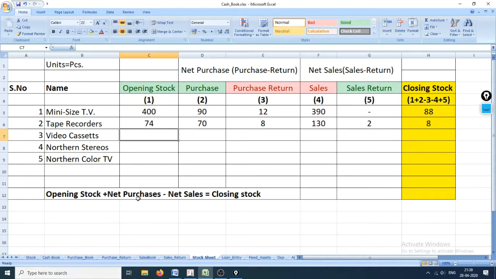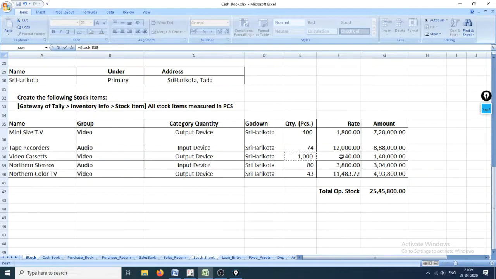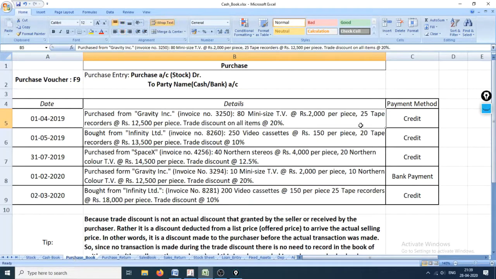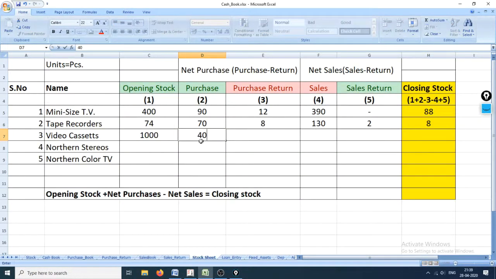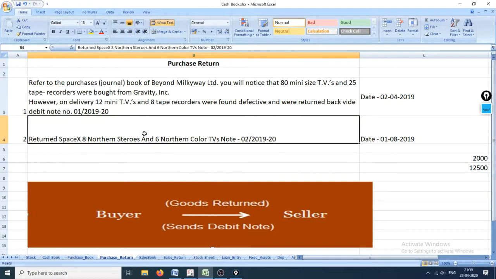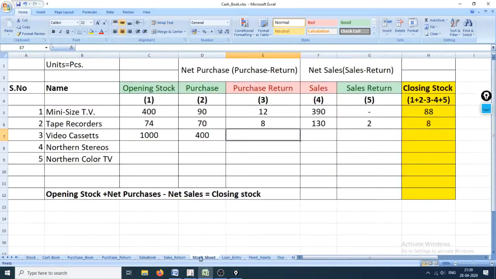Let's check out video cassettes now, and the opening amount is 1000. Purchase amount is 250, 200, 400. Purchase return for video cassettes, no, we don't have. Sales of video cassettes is 1100 and 200, that comes to a total of 1300.